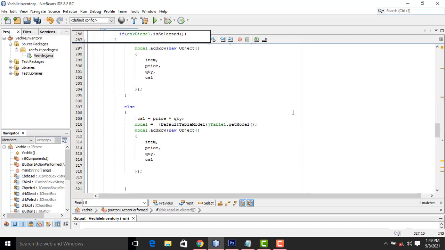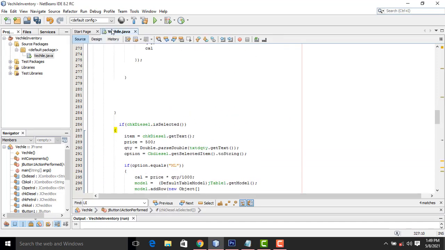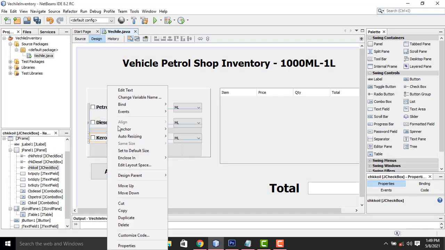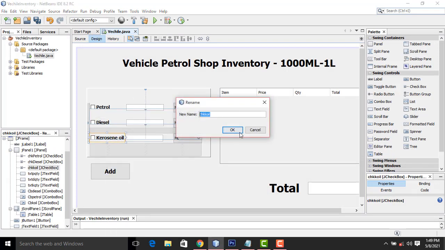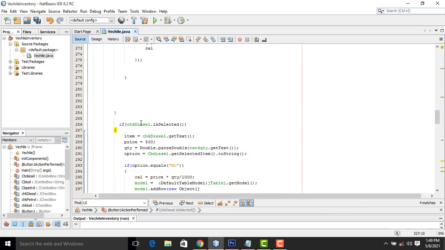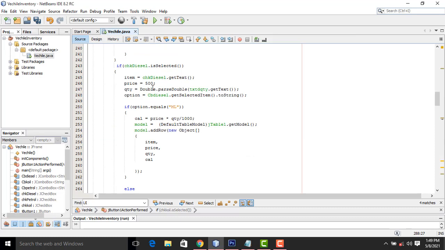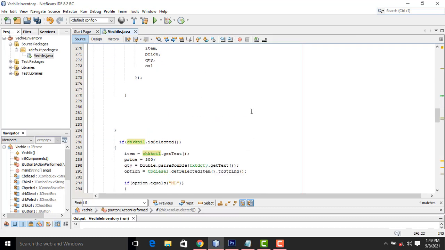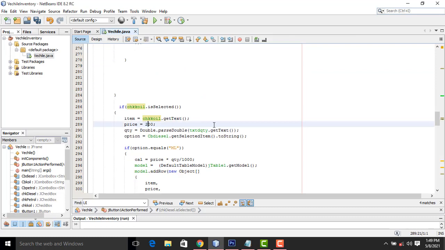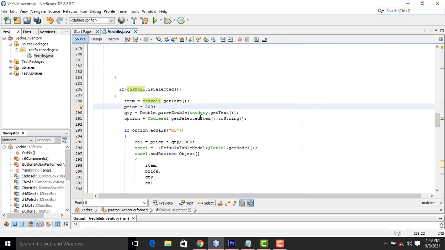The third one should be the kerosene oil, write it like this, Control V to paste here. Now one thing we forgot: the price you have to change. Diesel is 600 price, kerosene oil 200, right. The quantity should be kerosene quantity, here where this one should be.